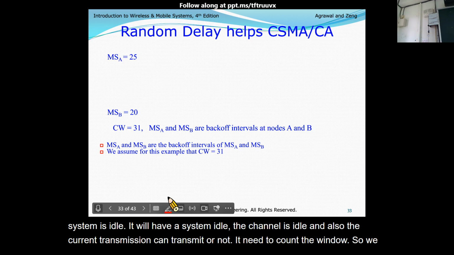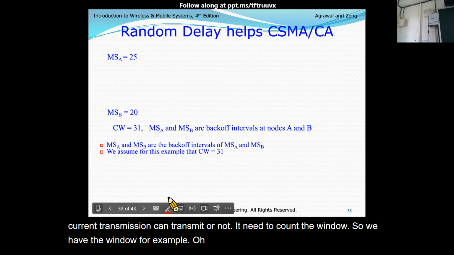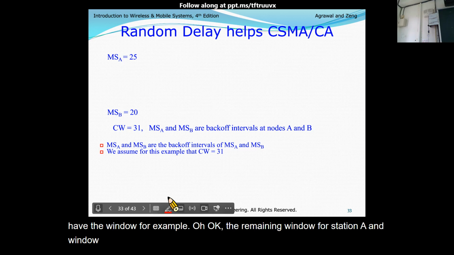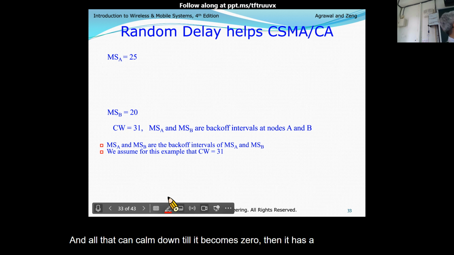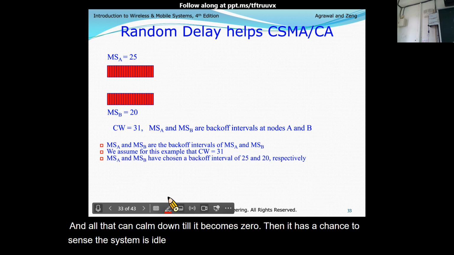For example, the remaining window for station A and for station B have the initial values 25 and 20. All of them can count down until it becomes 0, then it has a chance to sense whether the system is idle or busy. So we have an operation like this.